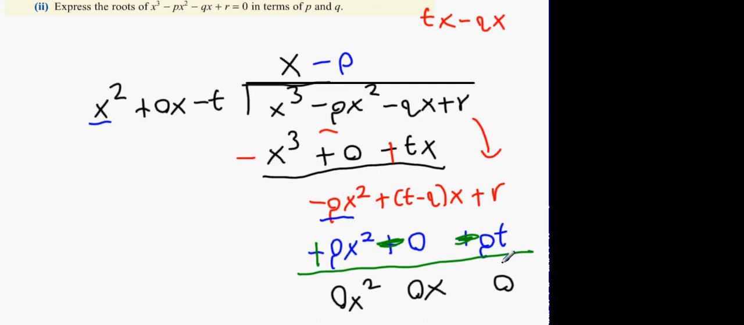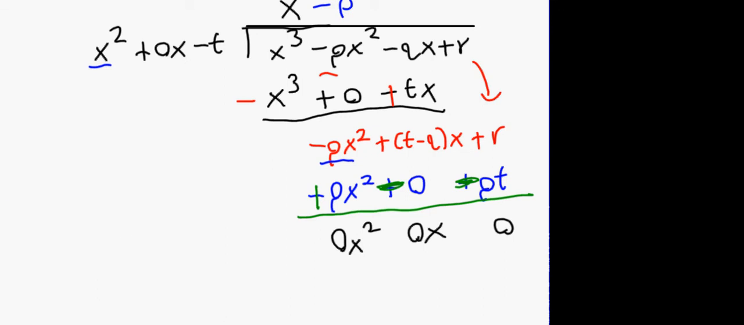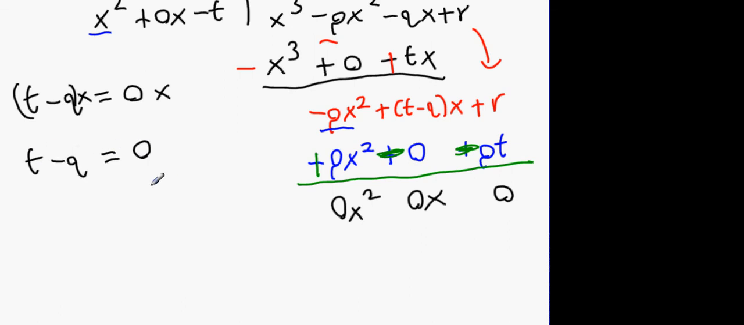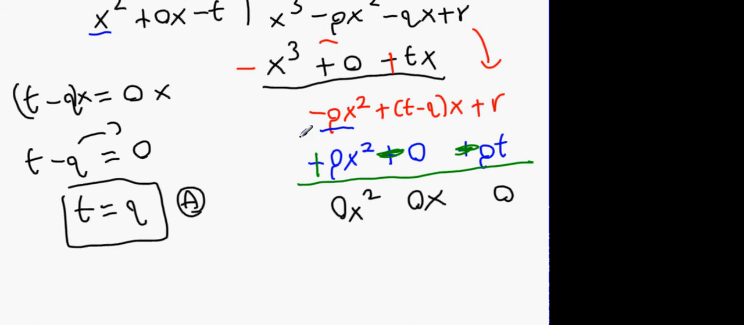There is no remainder. Because there's no remainder, we're going to follow with the equations. The equations we have are this. We're going to have t minus q equals 0. It is in fact t minus q x, but it's going to be equal to 0x. The x's will cancel and we'll still end up with t minus q equals 0. Move over the q, t equals q. That's our first equation. This equation comes from the x values. From the regular values, we have